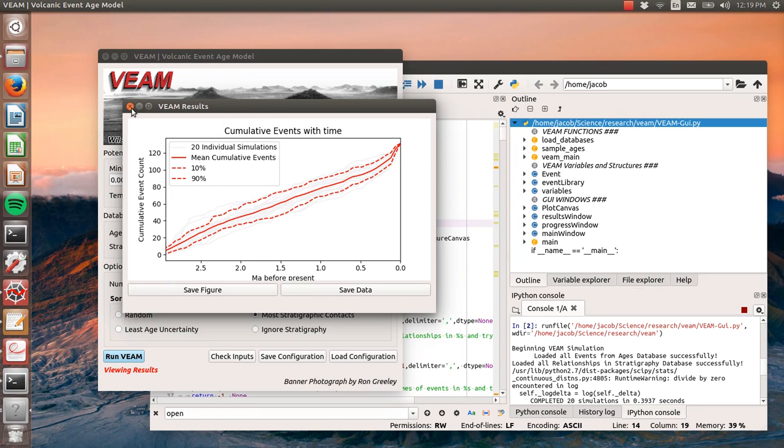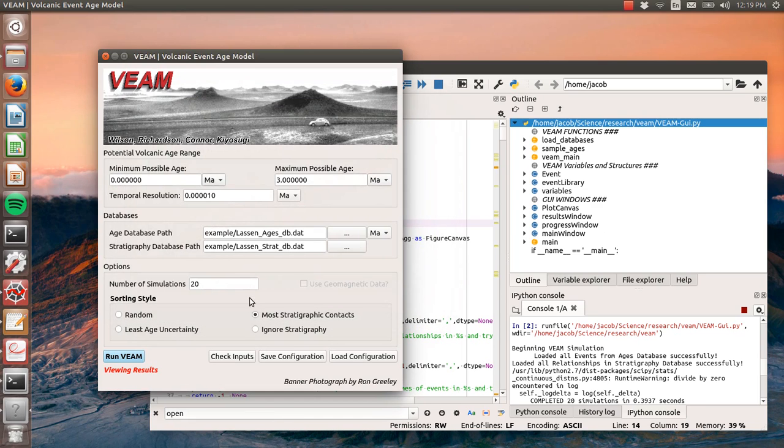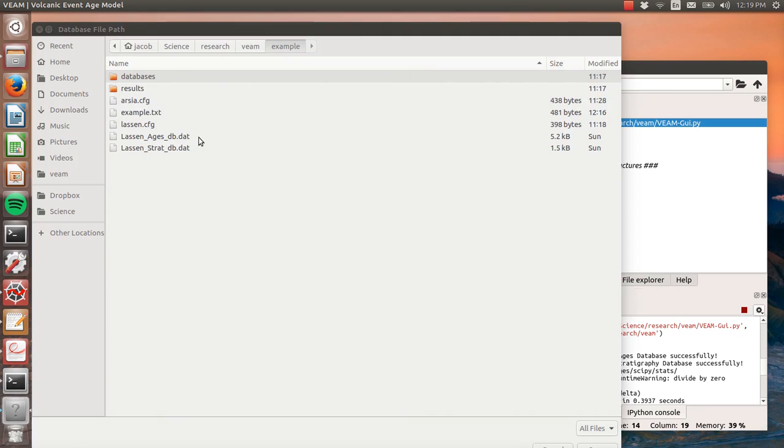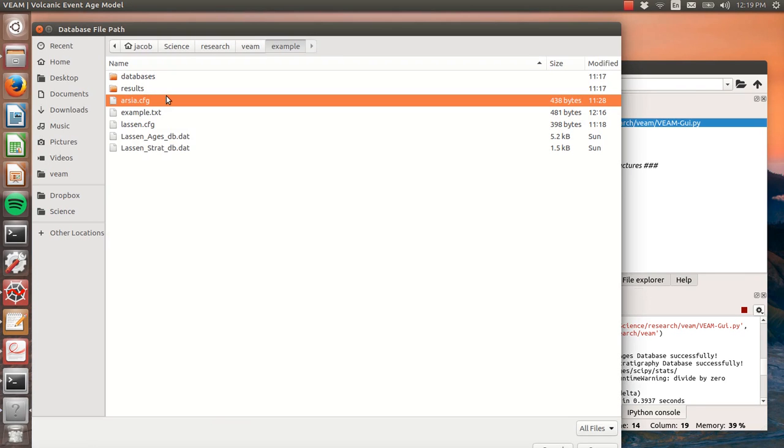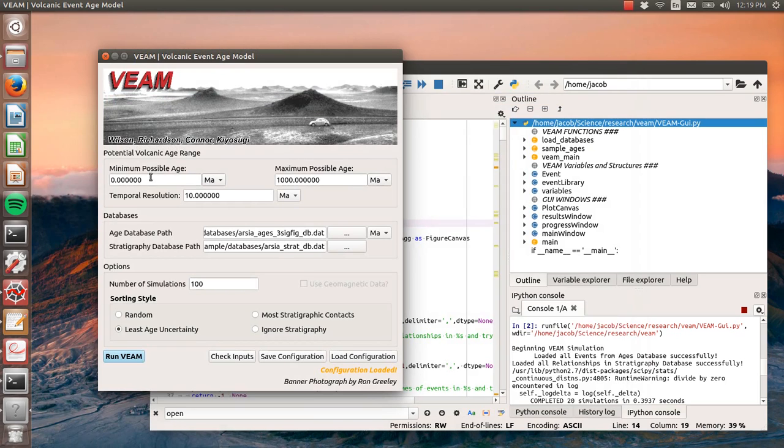Right now I'm going to close this, and I'm going to show the example that we gave in our EPSL paper for RCA mods. So let's go ahead and load that configuration. That's at arcia.cfg in this example directory. We can open it. Now we have up to 1 billion years, 1000 megaannum, with a temporal resolution of still 10 years. And these are the